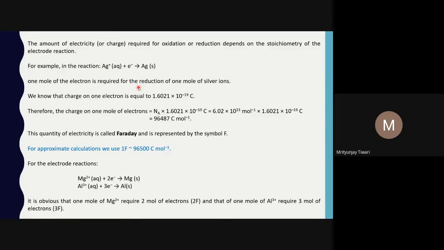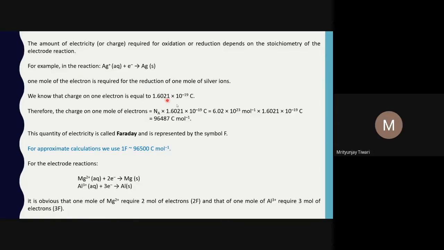Now in the case of electrons, an electron has only one negative charge, and we are not making any change to electrons. So 1 equivalent of electrons is equal to 1 mole of electrons. Both have the same charge, which will be equal to 1 farad, and that we saw earlier when I explained the Nernst equation. So 1 mole of electrons is required for the reduction of 1 mole of silver ion. We know that the charge on 1 electron is equal to